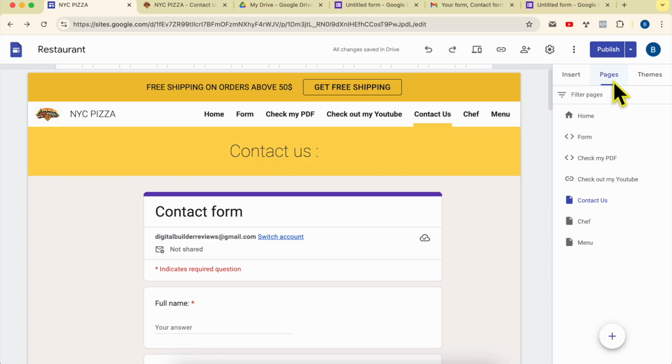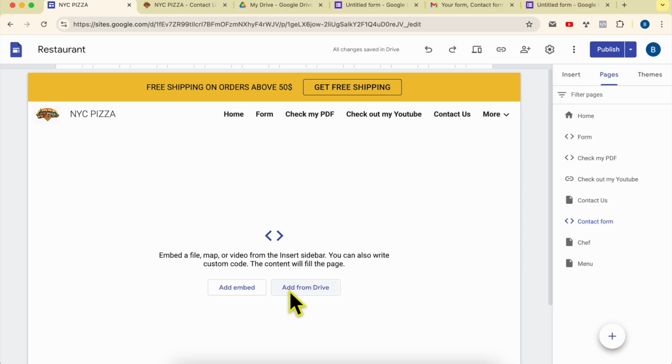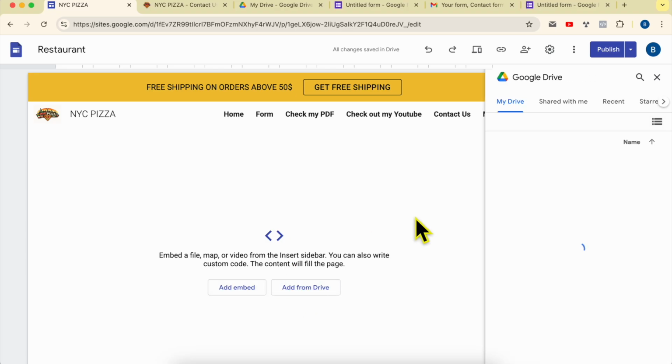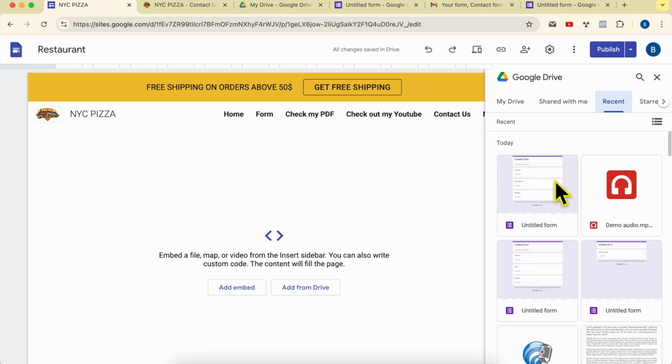Let's see how to create a separate page for this contact form. So go to pages, just hover over this plus icon and select full page embed. Let's call it, for example, contact form. Click on done, and now click on add from drive or add embed. The simplest way is add from drive. Locate the contact form here, go to recent, and you will find your contact form. This is mine. Click on insert,